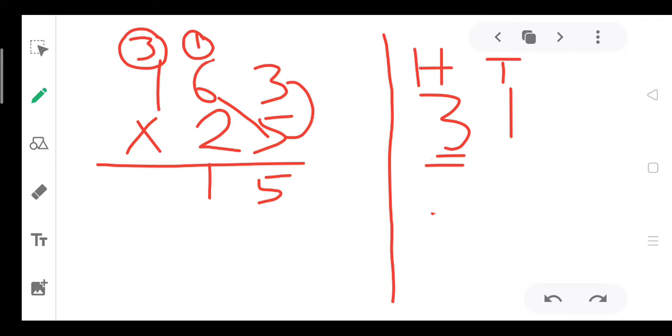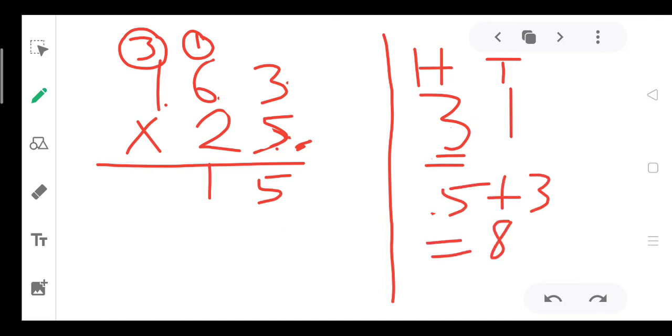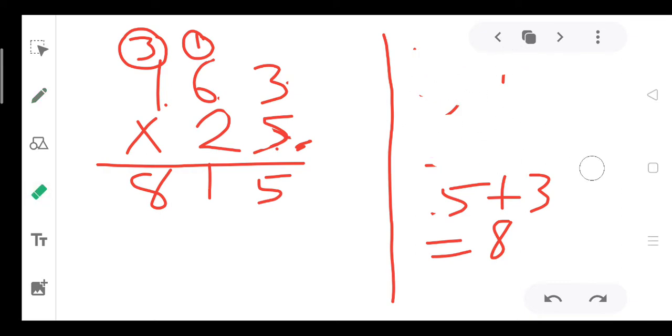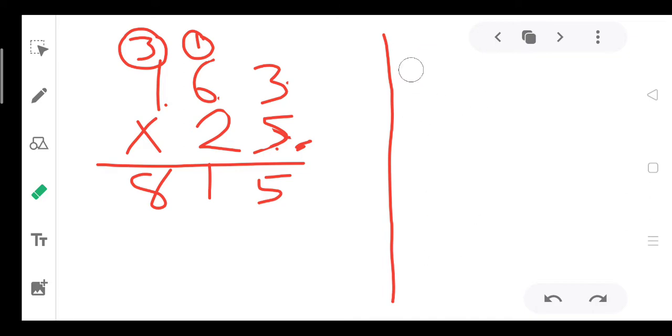Now our last step is we will read the table of 5, because here our multiplier is 5. Every digit we are going to multiply by this 5. Now we will read the table of 5 up to 1s are, 5 1s are 5, and we will add the carry also, it becomes 8. This is not our answer. Once this digit multiplication is over, but what is left here? Because 25 means 20 plus 5.